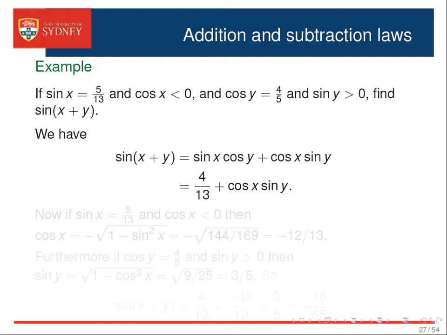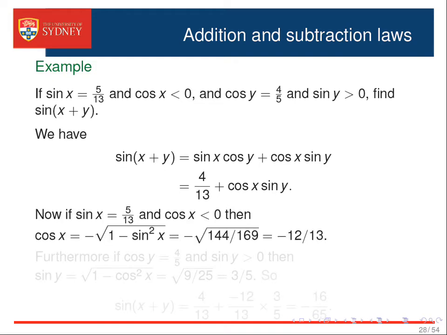Since sin x is 5 on 13 and cos y is 4 on 5, sin x cos y is 4 on 13. We now need to find out what cos x and sin y are. Of course, if we know sine and we know whether cos is positive or negative, we can work it out, because cos squared is 1 minus sin squared, which means cos is plus or minus the square root of 1 minus sin squared,